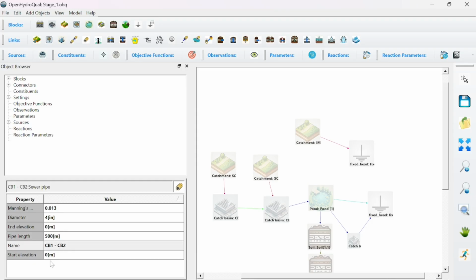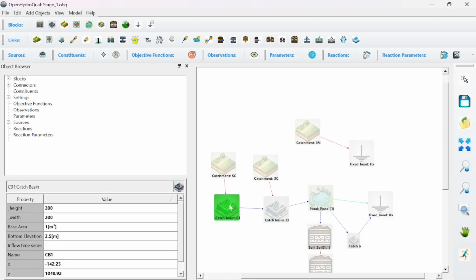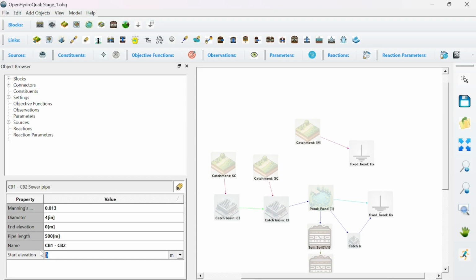The start elevation, let's do it a little above this. So basically this is 2.5, I'm going to just go 2.6, say 10 centimeters above. So it's going to be 2.6, and then this is going to be 1.35, right? 1.35, okay? Then this one,